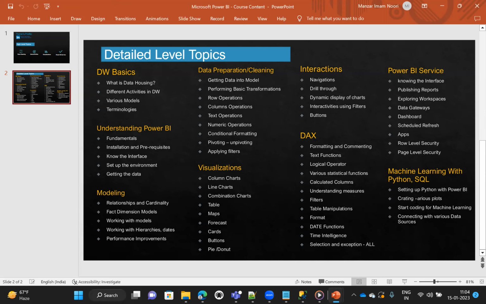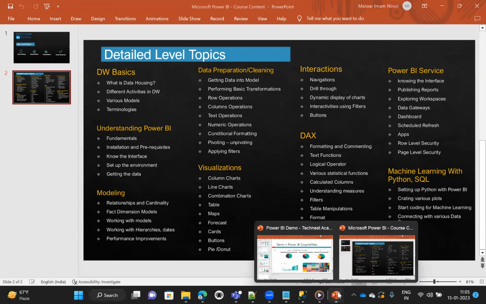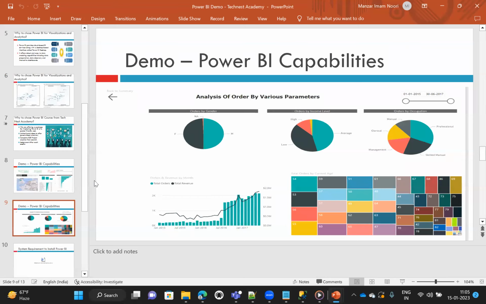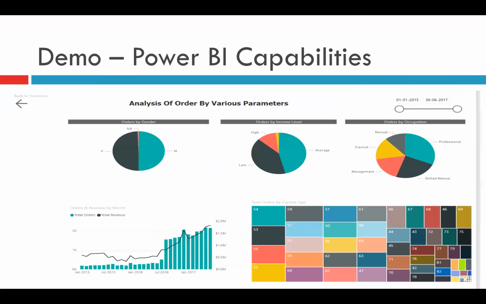Seaborn and Matplotlib are the 2 visualization packages we will be using with this tool. Apart from that, we will also see 1 or 2 different models. So these are the various things we have in this course, and those will be covered. These are the topics and tools we'll be covering.